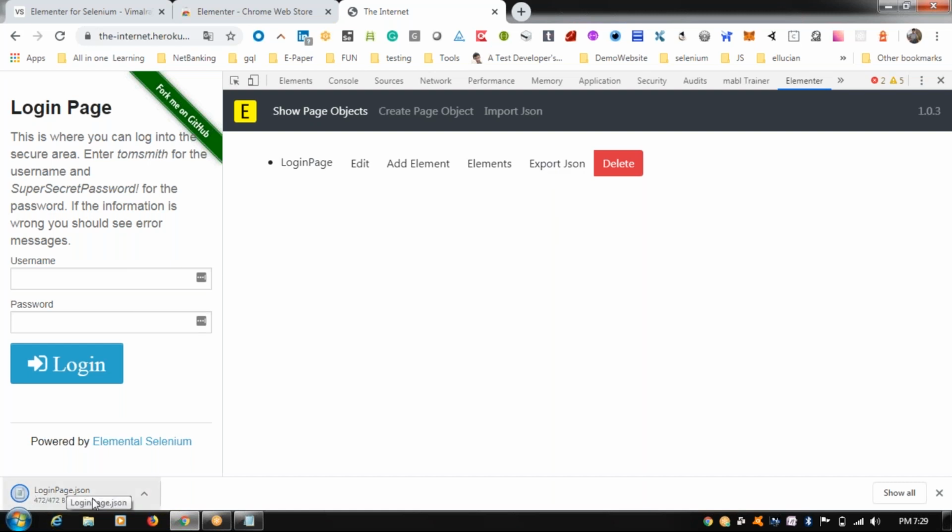You can see a file is downloaded, and it downloads with the same page name, which gives us immense pleasure. Directly we'll go to the JSON file, pick all the locators and place them in your page object model. If you are going to use page factory, you can go ahead with the annotation @FindBy and place the locators as per the locator strategy, like how equal to using ID. If you're not using page factory, directly by class, you can go with the By dot strategy. I believe this saves a lot of time for us.